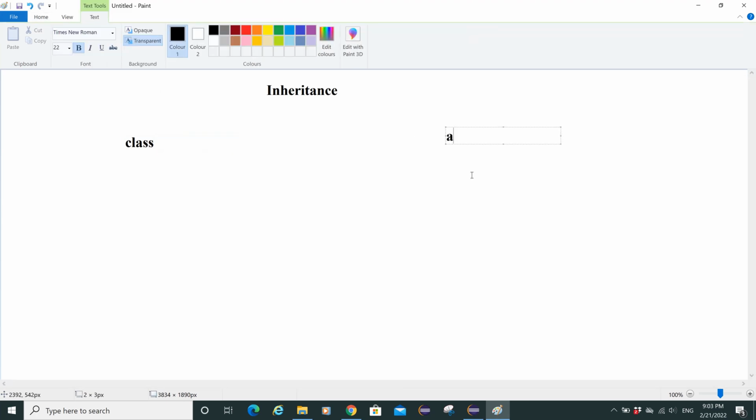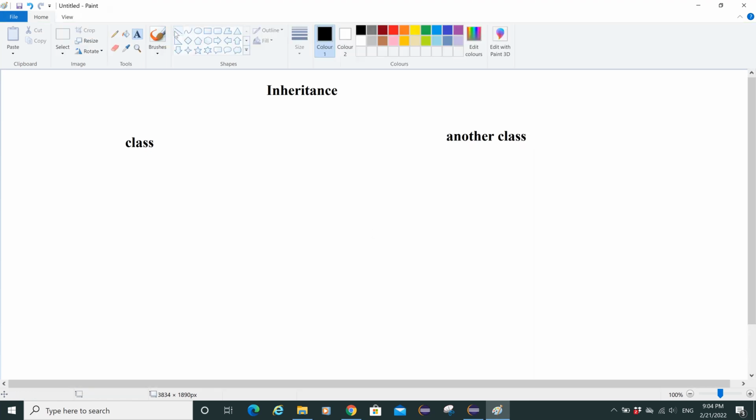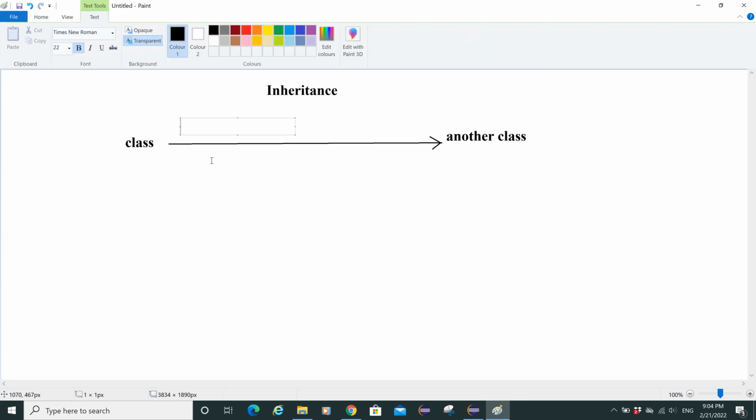Let's say we have two classes here, one is just a given-name class, and another one is just another class. So what happens basically is that this class can acquire all the methods from this other class. Let me draw it a little clearer over here. So if this class can acquire all the methods from this other class, then what is inheritance basically? Acquiring